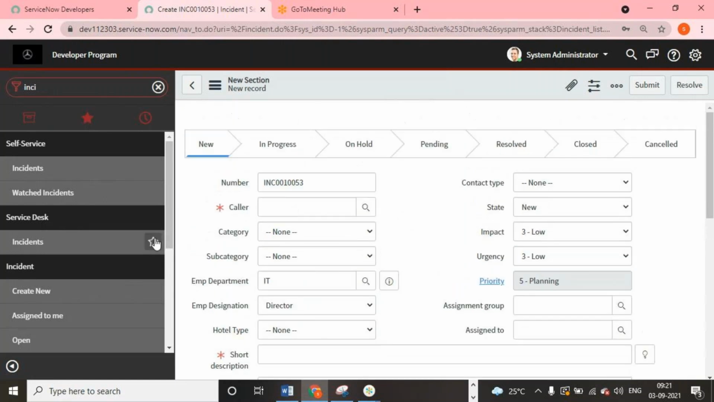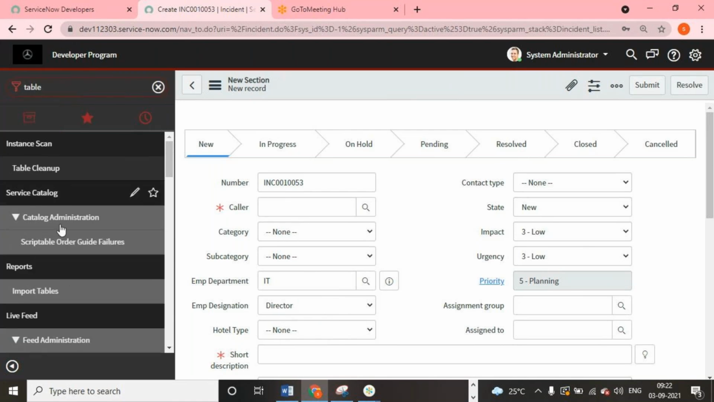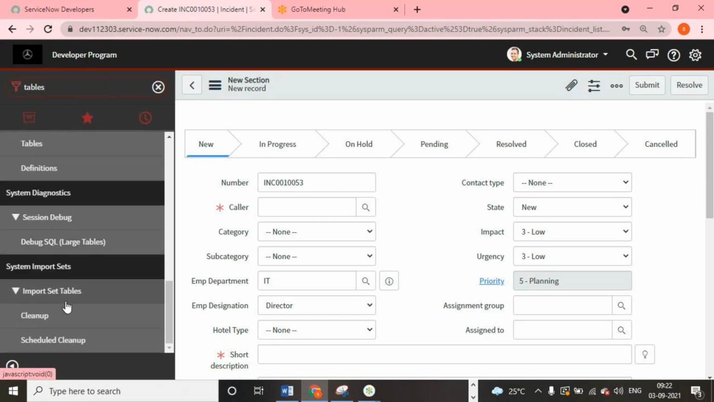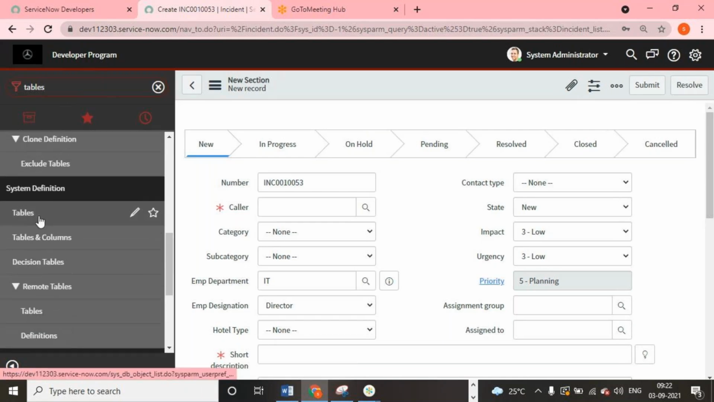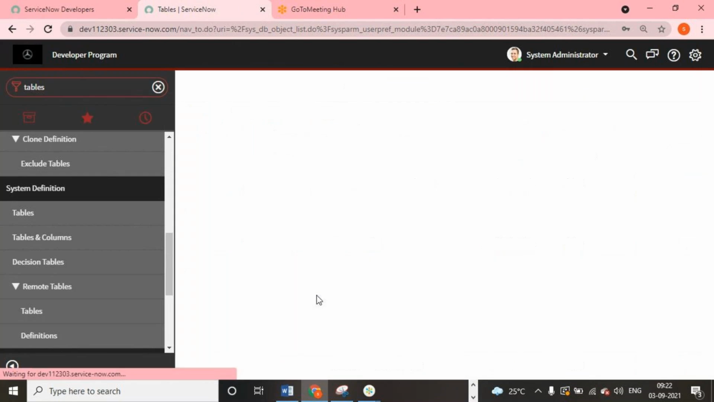Next one, we have to create the lookup rule table. So the custom data lookup rule table we have to create. How to create the table? Go to tables and click on new table, and the new table is